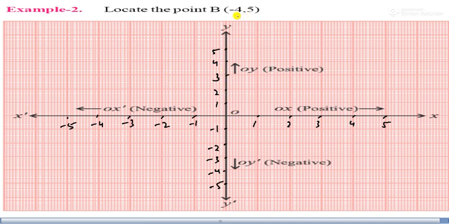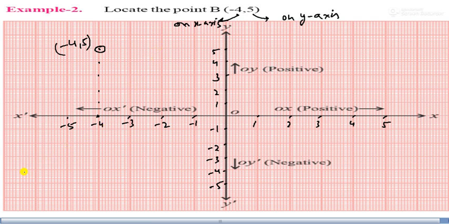So first you move, this one is on the x-axis, and this one on the y-axis. Okay, now come to the minus 4 on the axis. This one is minus 4, so you can see here. And now that is the 5, so you count in the positive direction 1, 2, 3, 4 and 5. So that point is minus 4, 5. So you can say it's easy to plot the point.